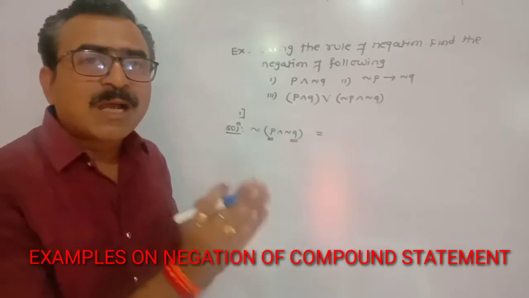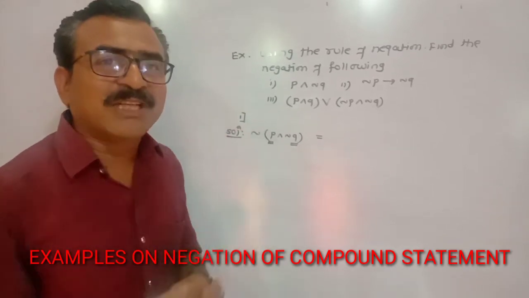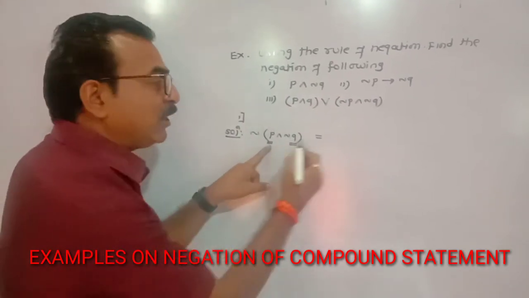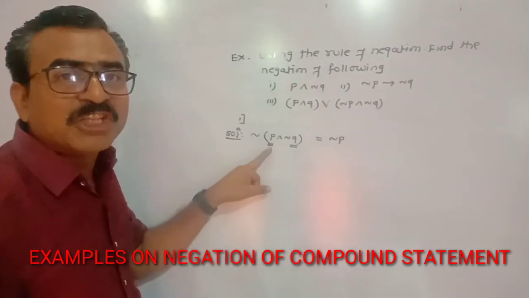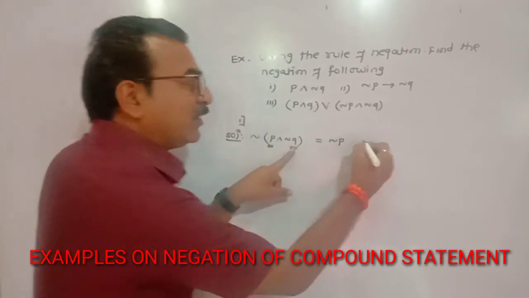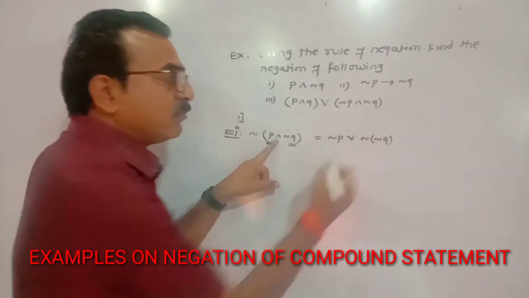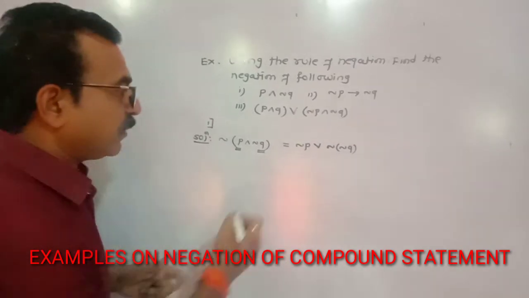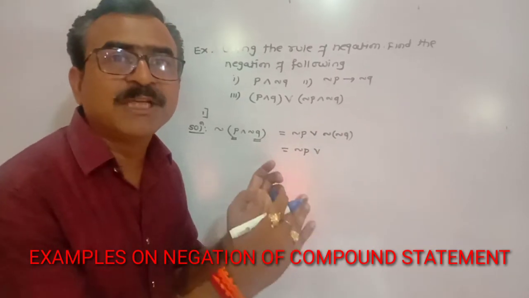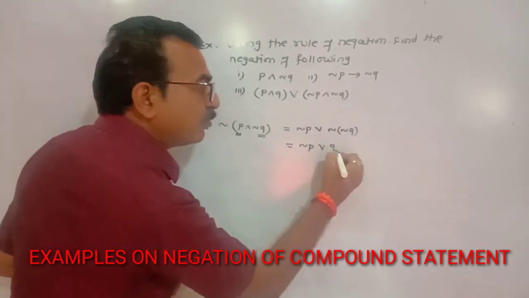According to the negation of conjunction, when you have to perform the negation of a conjunction statement, you know that you perform the negation of the first statement. Here the first statement is P, so its negation becomes negation P. Then perform the negation of the second statement. Here the second statement is negation Q, so its negation becomes negation of negation Q. And replace this AND by OR. Understood? Now solve further. Negation P as it is, and negation of negation Q. Negation of negation means cancel; the negation of a negation statement means the statement itself. So write down Q. Understood?